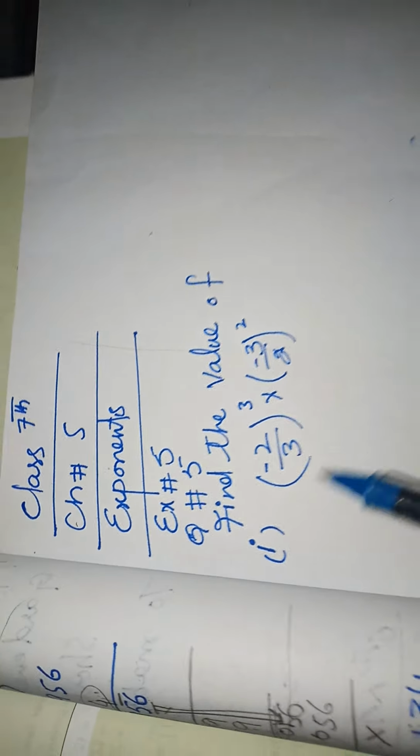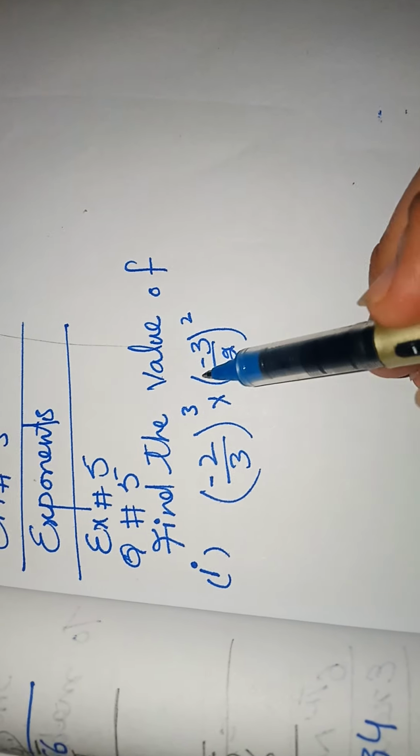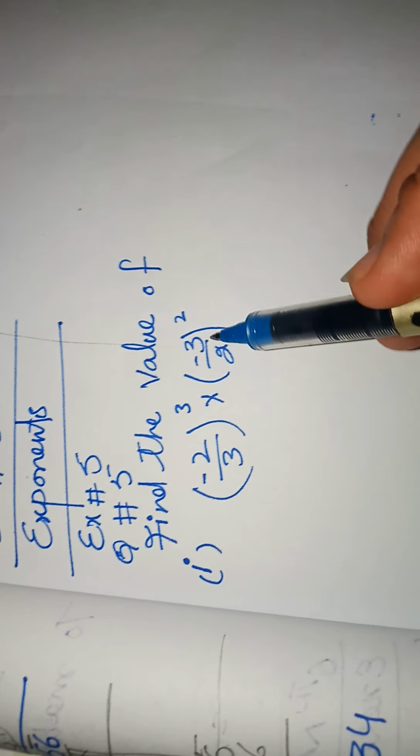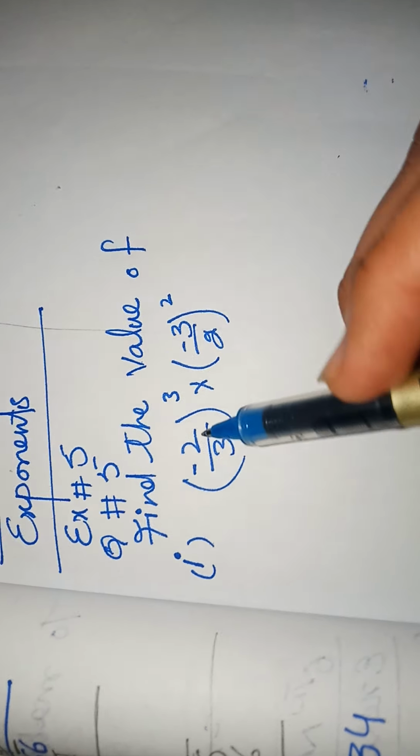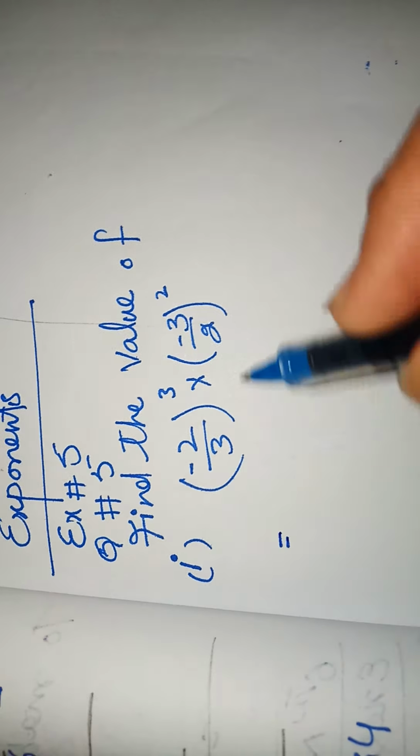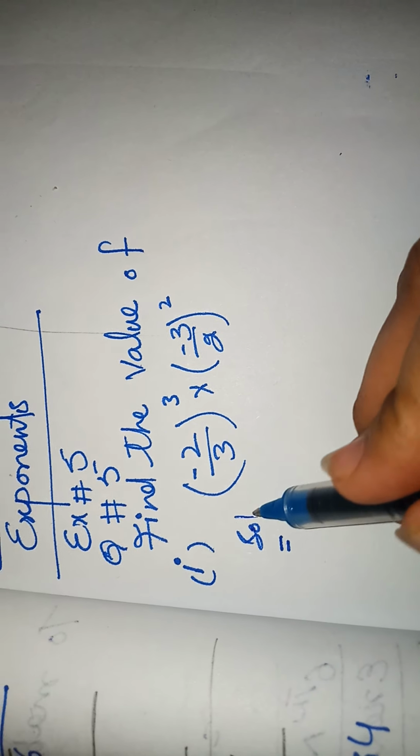How to start the question. Here we have to find the reciprocal of the value. Here we have to find the value of this and this. In this term, you can see for solution,